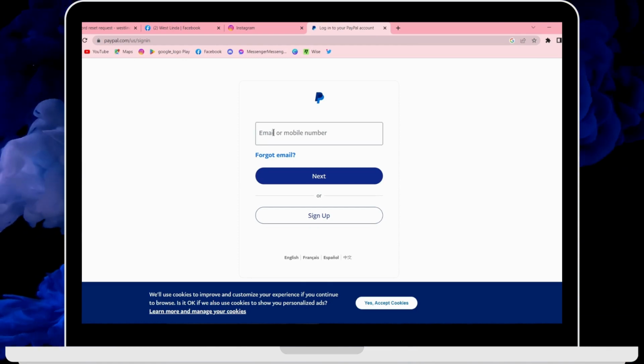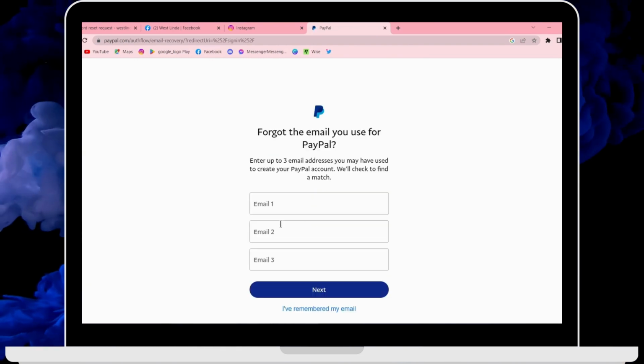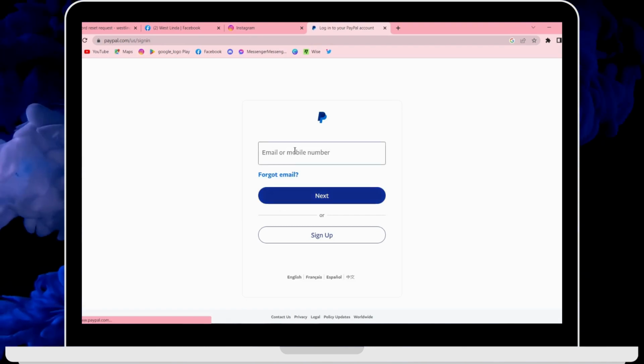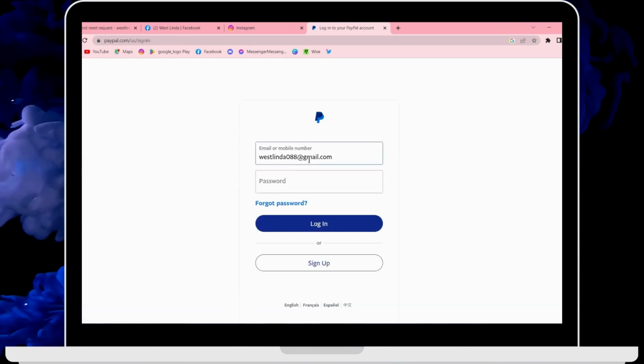So enter that, but if you forgot your email, then you can simply click on forgot email, and then you can enter 2 to 3 emails, and you can simply click on next. But if you remember your email, then that's best. So enter your email or mobile number, and now after entering your email, you have to enter your password,